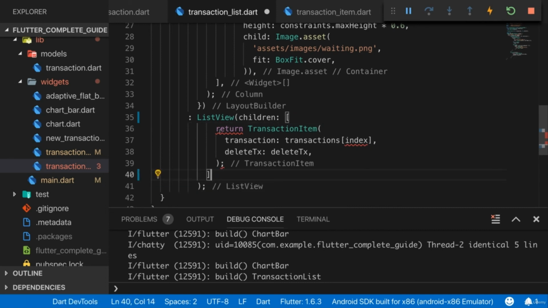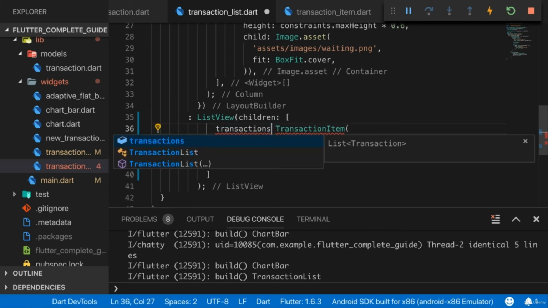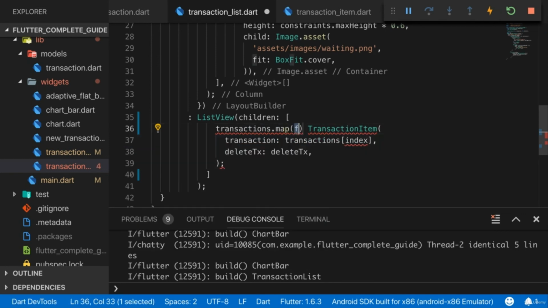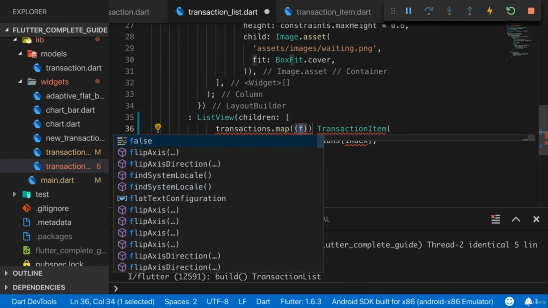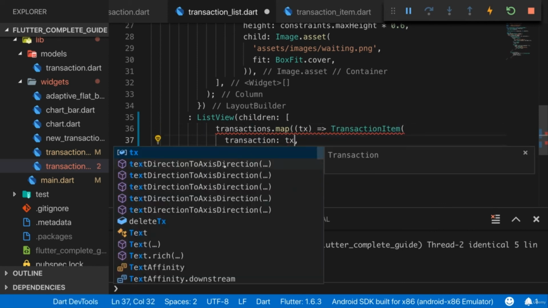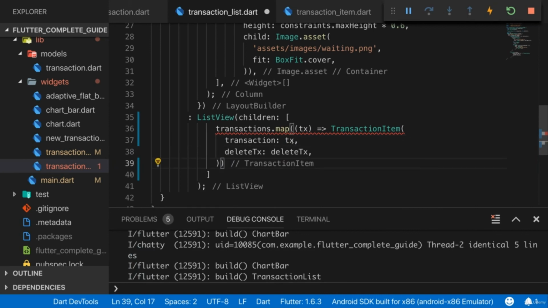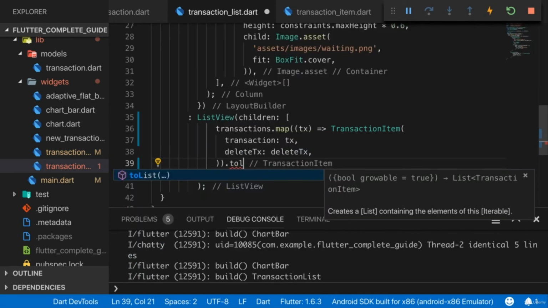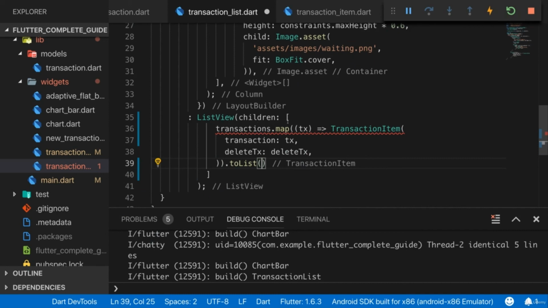Where now in children, of course, I want to map my list of transactions into a list of transaction items. And that's something we also did earlier already. We take our transactions and there we call map. We pass a function to map where we get access to every single transaction, and for every transaction, which is just a data object, we return a new transaction item widget to which we pass tx as a value for the transaction. Now we also have to call toList on this to turn this into a real list,